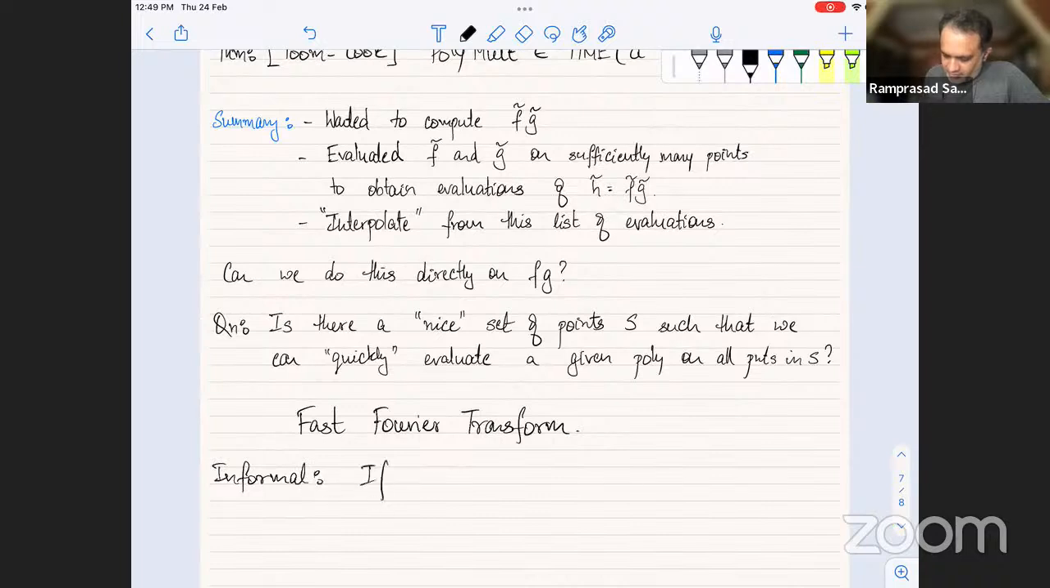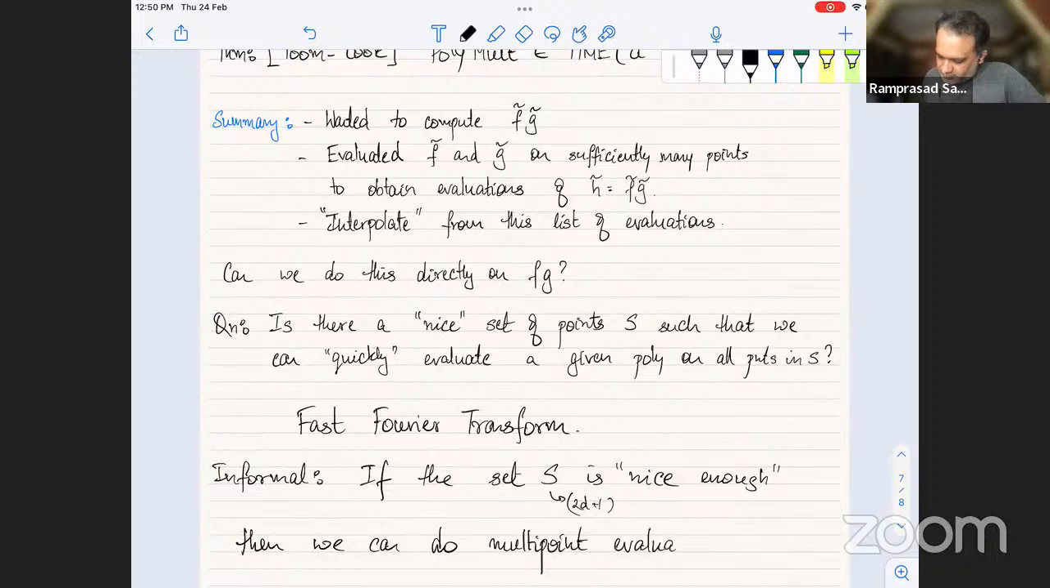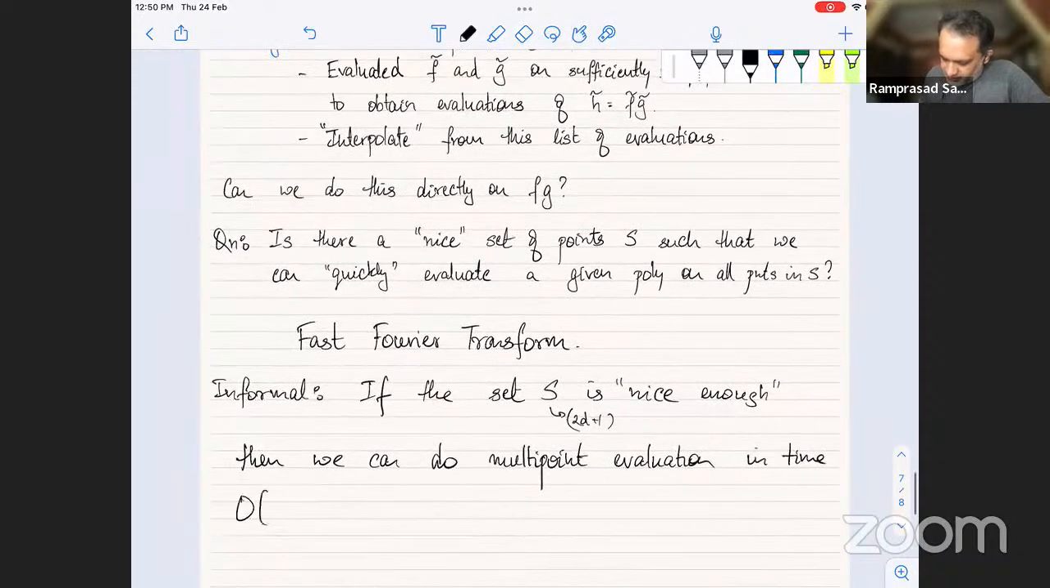Okay, if the set S is nice enough, and I'm thinking of the set S as consisting of something like 2D plus 1 elements, because that's what you might want. When you compute a product, if you want to know exactly what the product is, you might need 2D plus 1 points. Okay, then we can do this multi-point evaluation in time, order d log d,